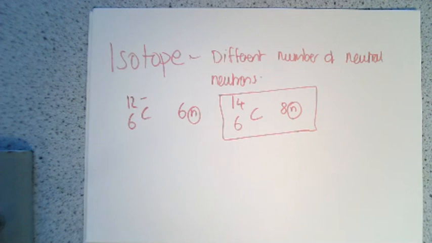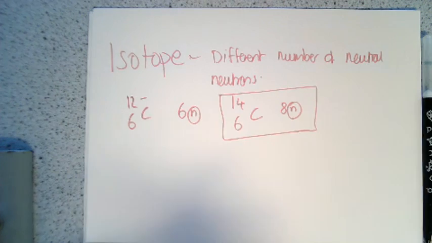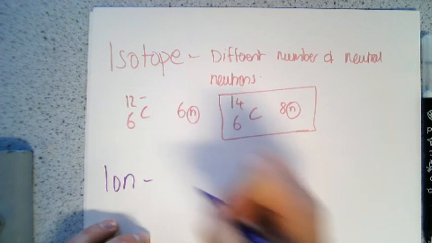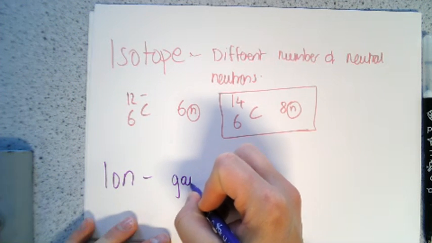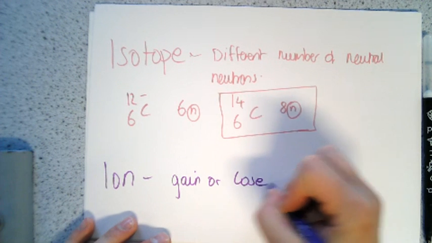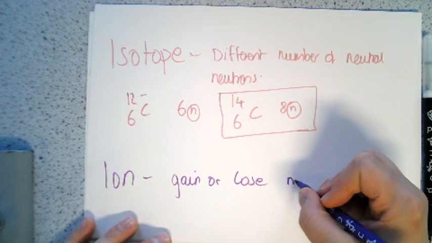Ion, dead simple: a different number of negative electrons. So I'm not going to bore you with ionic bonding. You can recount that yourself, as long as you know that if you gain or lose negative